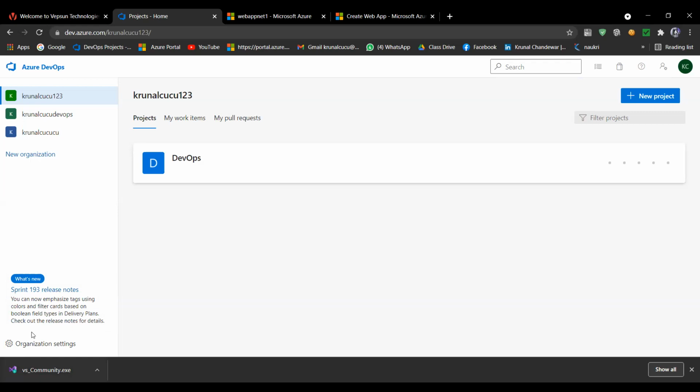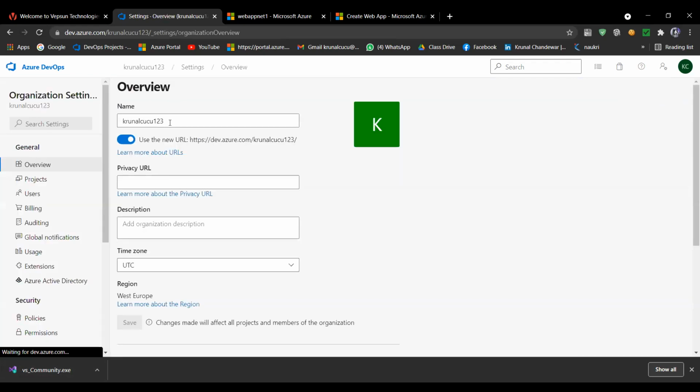But here is also the organization settings. If you go to organization settings, you can change the name of your organization just like that. Kunal CUC 123 is the name of my organization, and now I want to give the name Kunal CU XX.